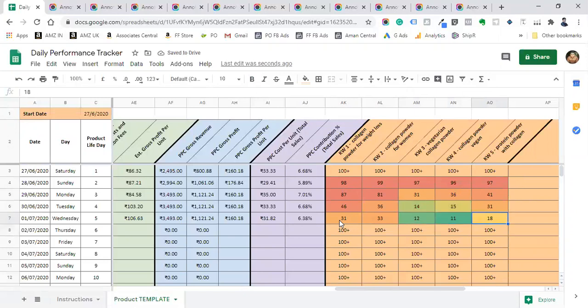Our aim is, we want to rank all the products in the top 5 positions. By the end of doing your 15-day promotions, you will be able to achieve this. Once you achieve this, we need to monitor the rankings throughout the product life cycle. We want it to be in the top 5 positions for these 5 keywords.